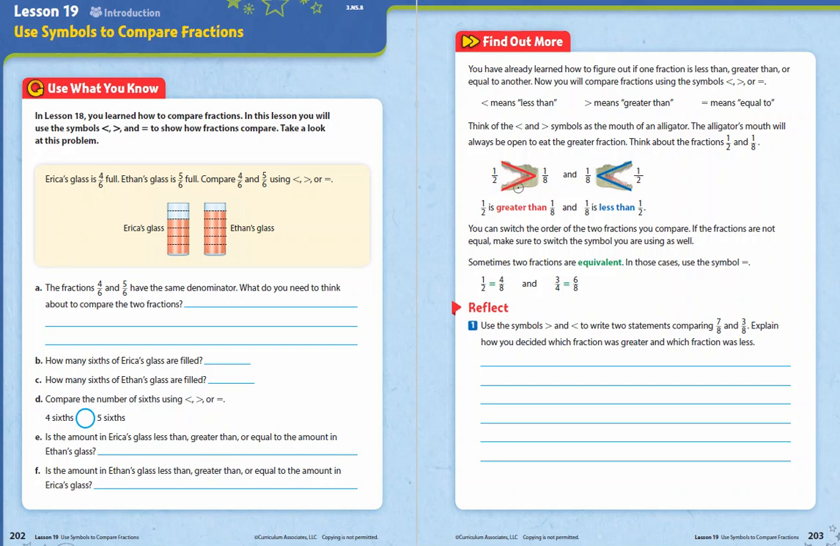The fractions 4/6 and 5/6 have the same denominator. What do we need to think about to compare the two fractions? One thing we need to think about is how many unit fractions it takes to make up each fraction. Okay, so Erica's glass, if we look, Erica says 4/6. So she has four,